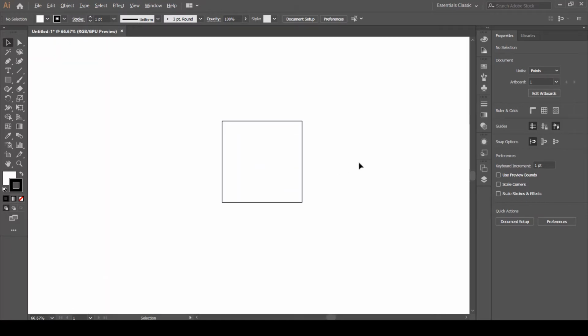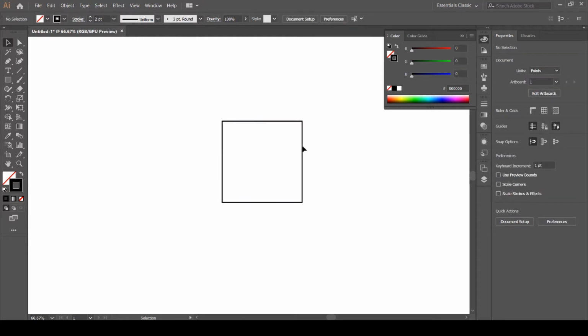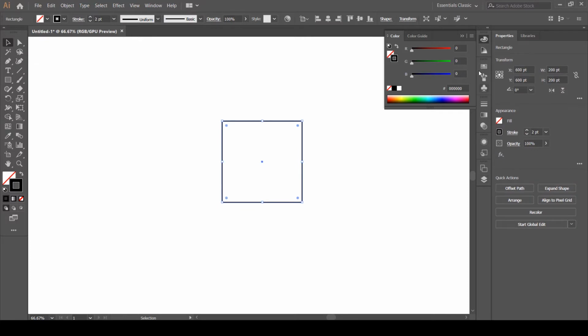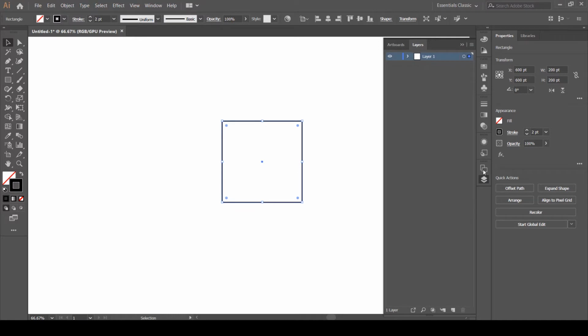Let's just zoom in a little bit, and for the moment I do not want any fill color here. And for the stroke, I think I would like it to be 2 pixels, actually 2 points. So yeah, that is one of the squares, and let's duplicate it. Actually, let me show you in the layers panel what I'm doing. So let's press Control C and Control F to copy and paste it in front. Let's hide the background rectangle for a moment and work on this front rectangle, or actually square shape.